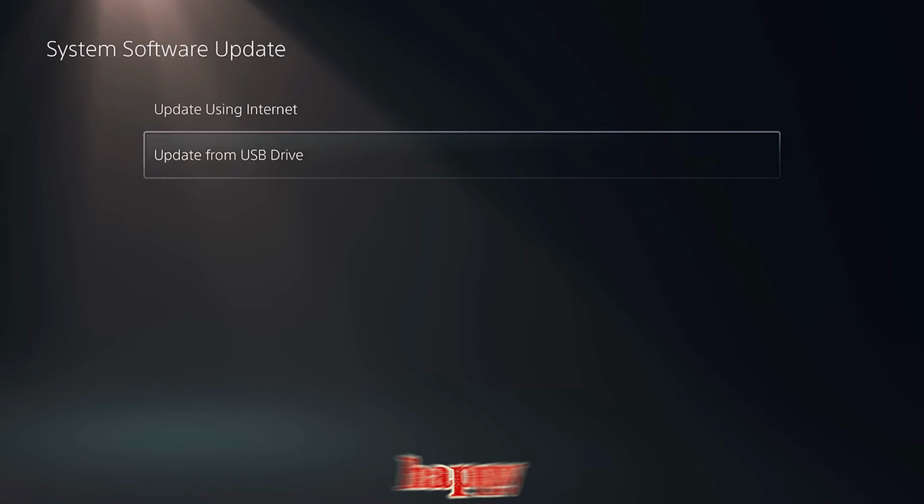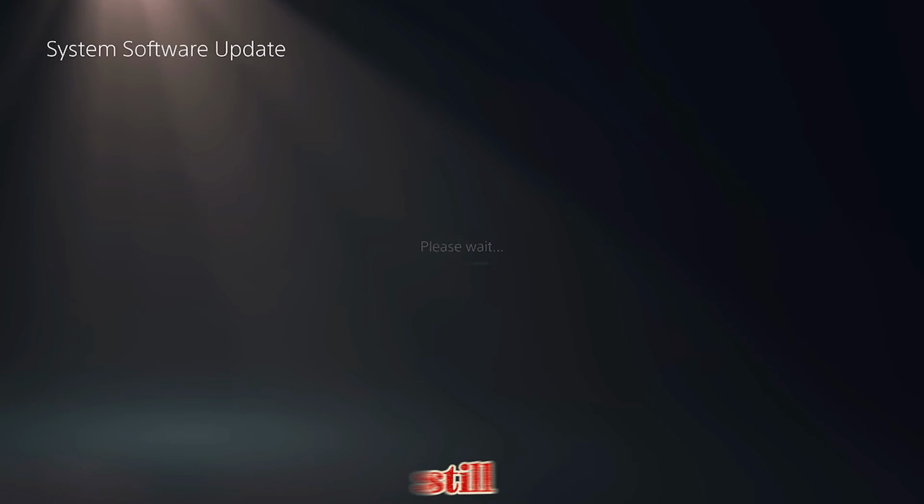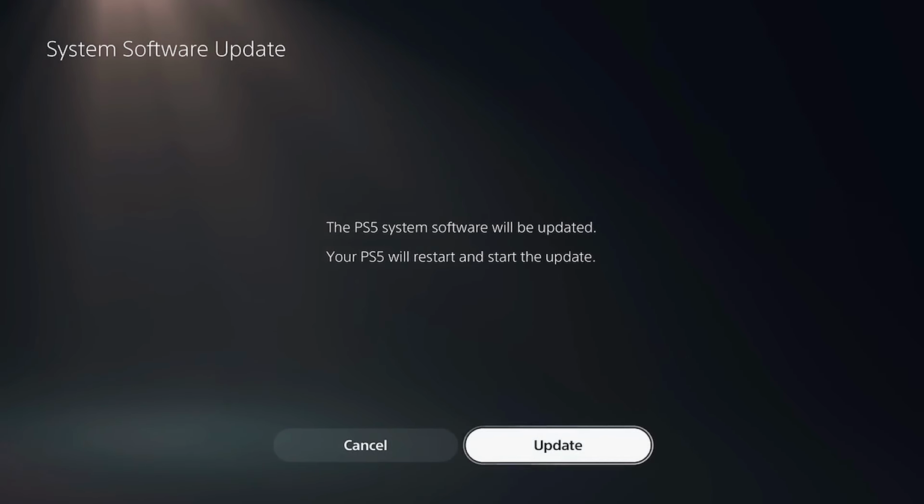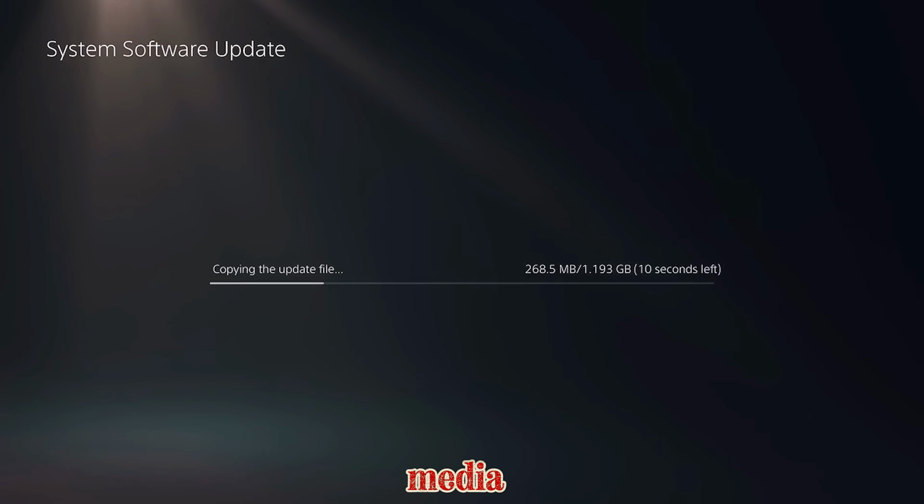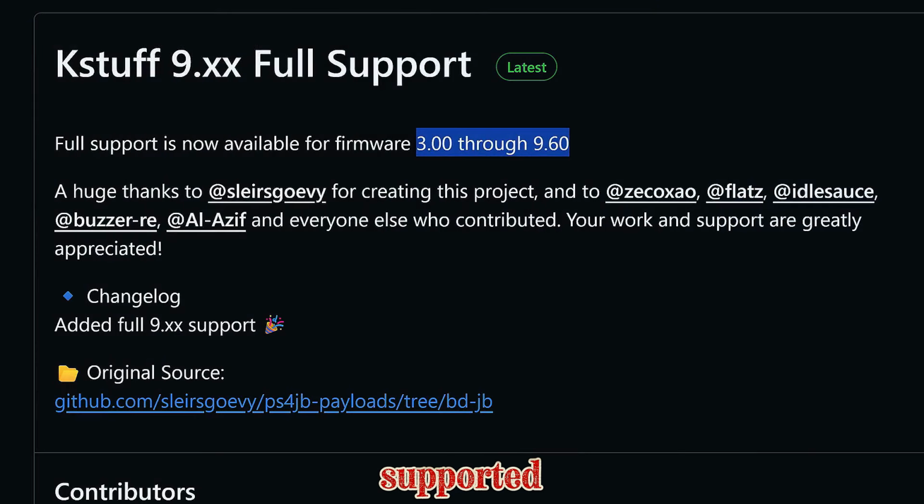With KStuff, if you're happy enough with the existing jailbreaks, then I would still wait on your current firmware for the YouTube jailbreak to be complete, so that you can then use YouTube or another media application to jailbreak up to the latest jailbreakable firmware that's supported by KStuff. KStuff currently supports firmwares up to 9.60. It doesn't have support up to 10.01 yet,